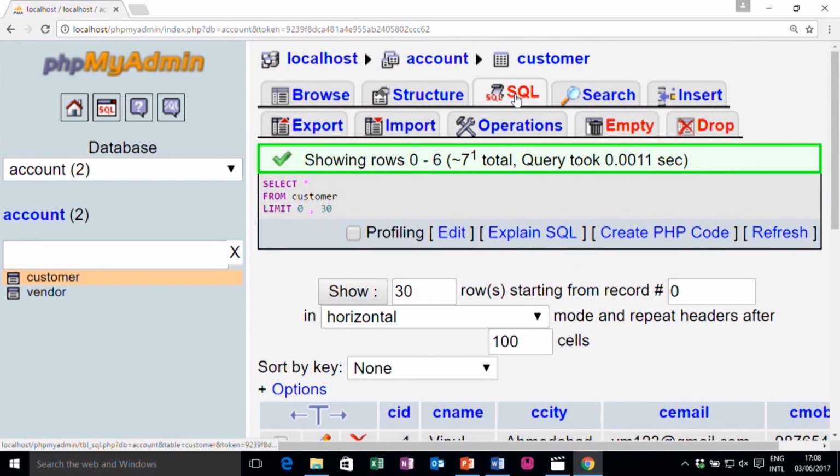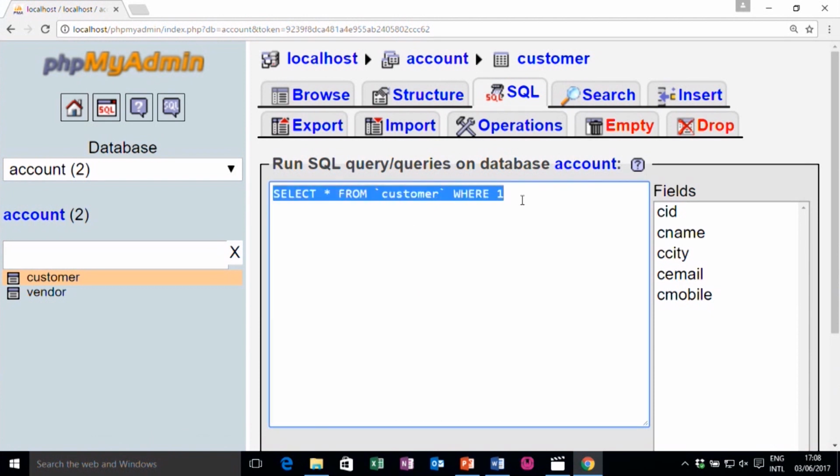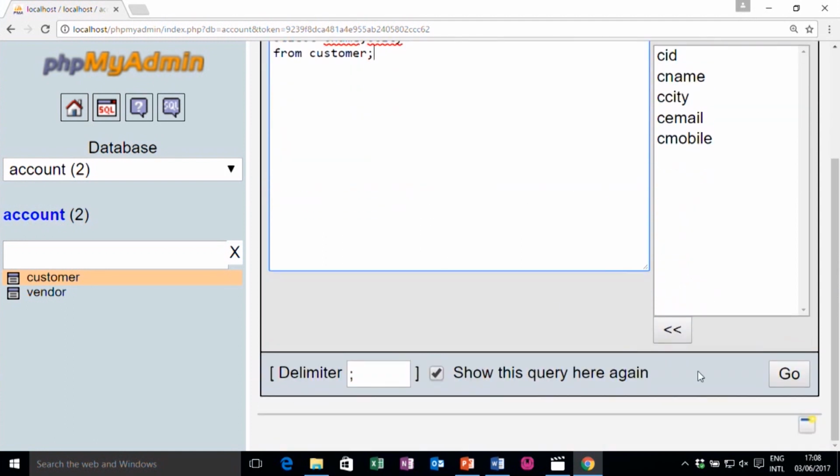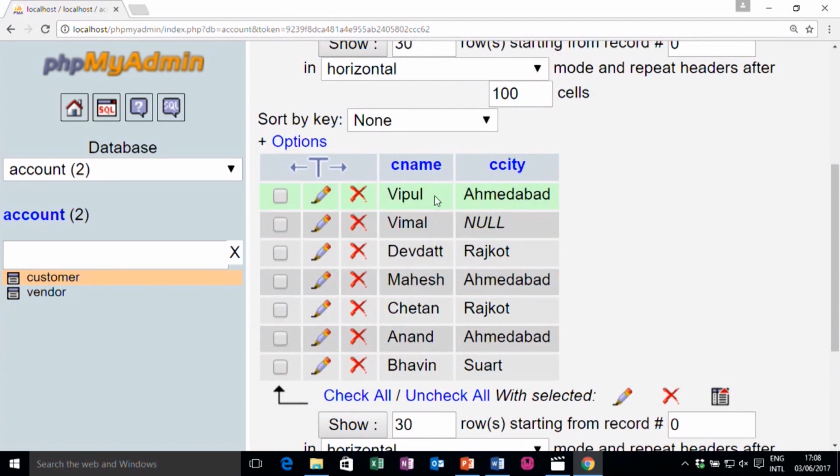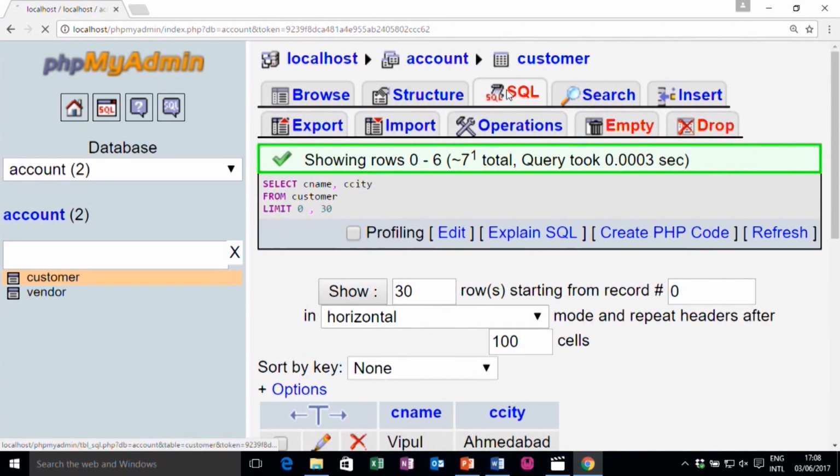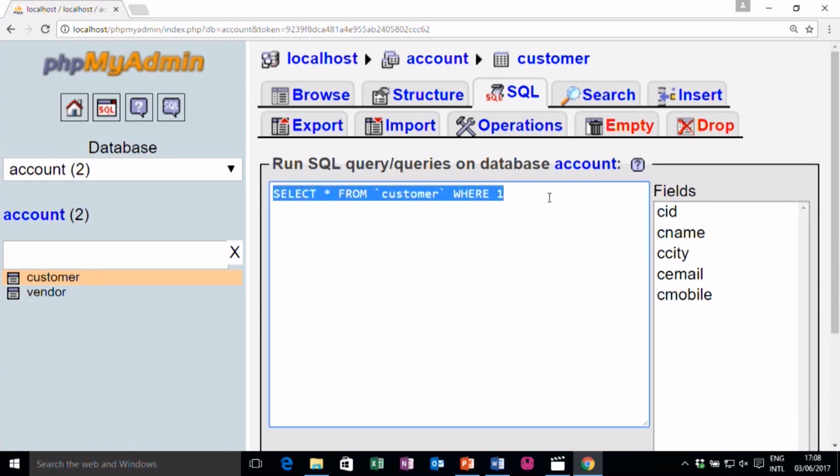Now, if I want to use only particular columns, I can write select customer name comma customer city from customer. I would like to view only two columns, their name and their city. So, click on go. It will display only these two columns. Not only that, you can change the order also, because you are just viewing the data. Say for example, first I would like to view its name, then its email, then its city and then its ID